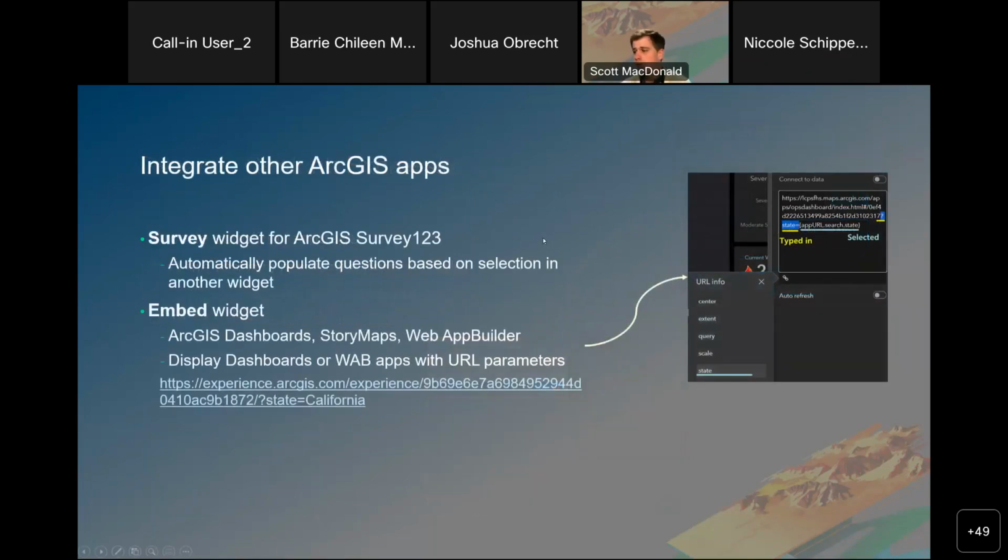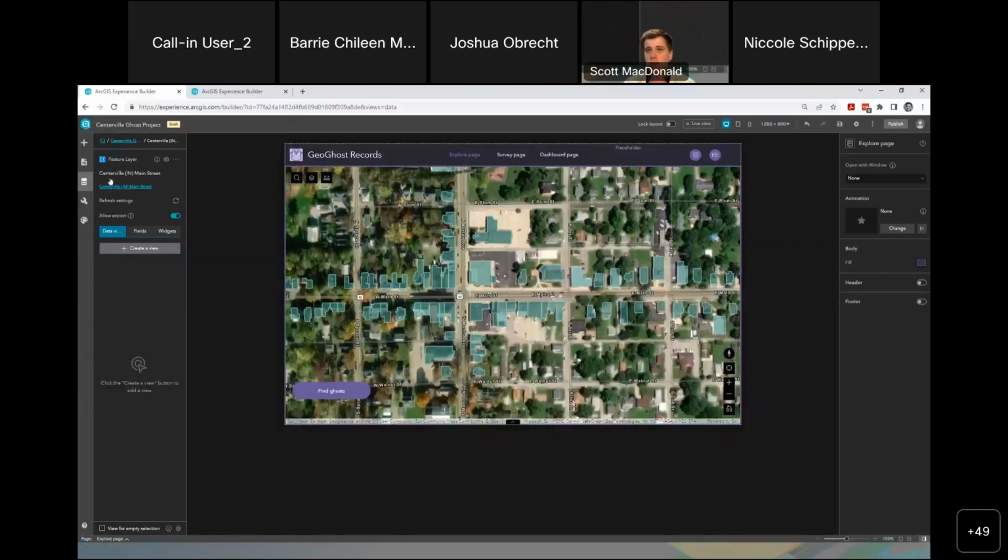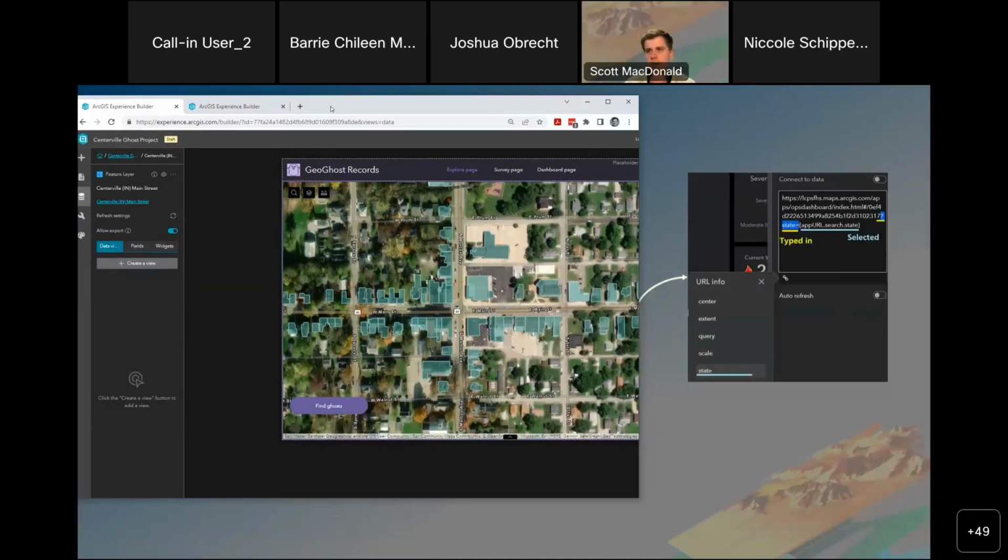The last thing that I'm able to do with data is integrate other ArcGIS apps. And this is a really cool part of being able to let your apps talk to each other. So real quickly, I'll show you how on this particular page of the experience, and again, it seems to be